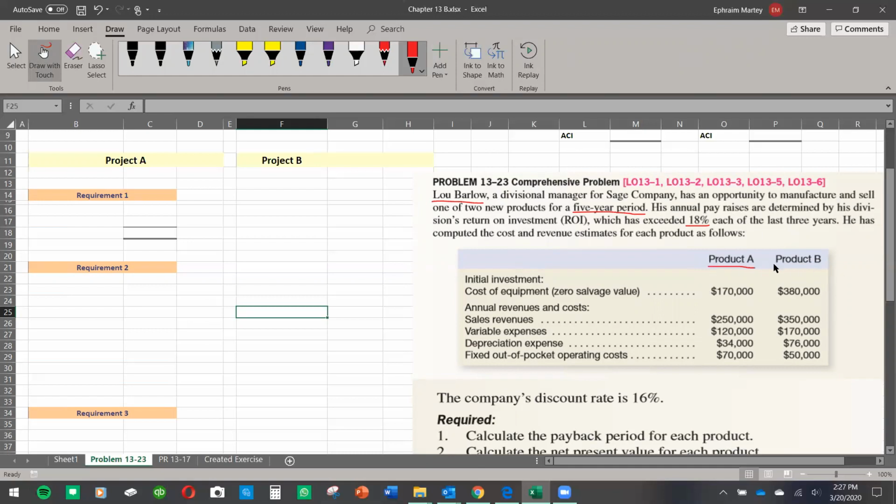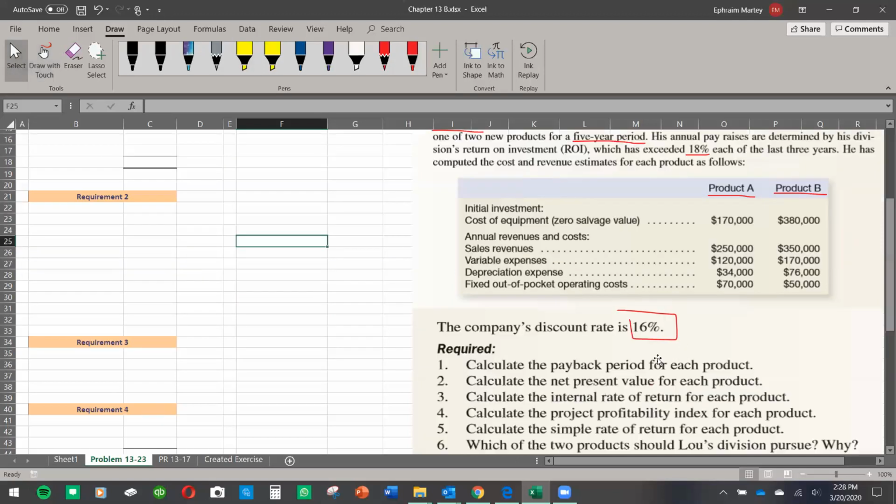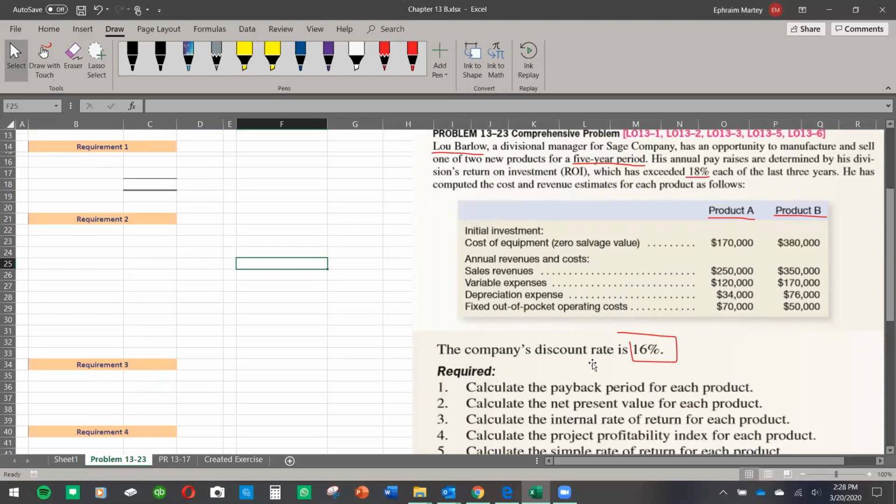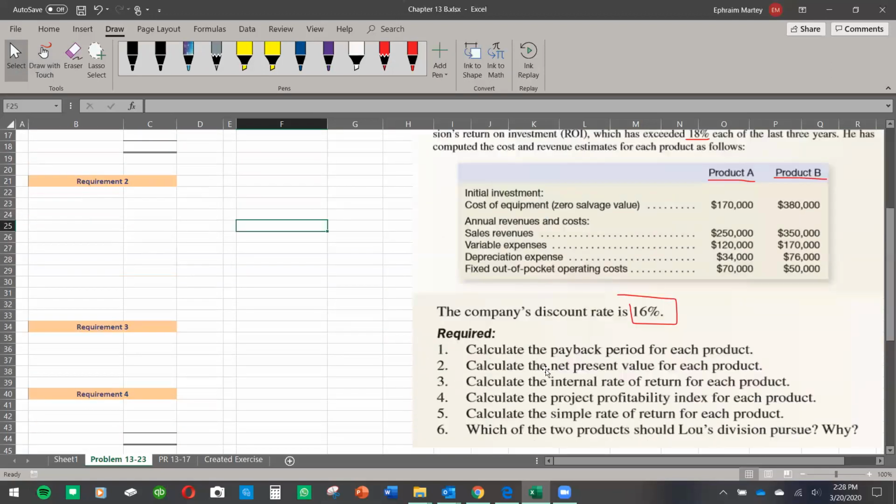We have product A here and we have product B. But the company's discount rate is 16%. Okay, and we are going to solve the remaining problems. For the sake of time, I have some templates put in here so we can go faster than normal. Number one, it says calculate the payback